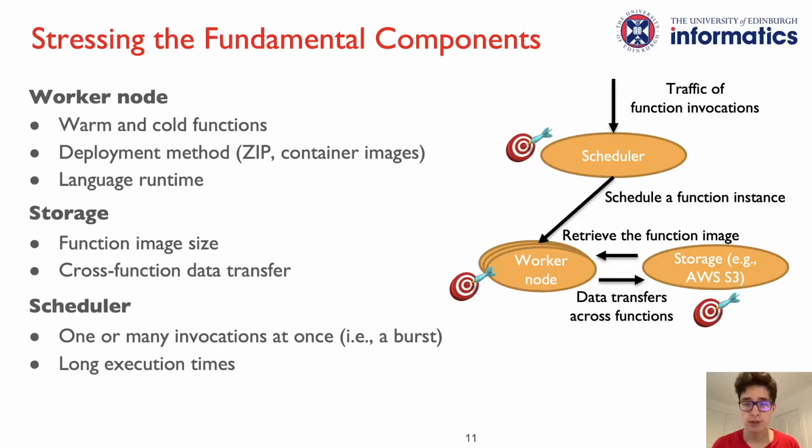Then, one can stress the storage service with the following parameters. First, one can vary the size of the function image, which is the necessary initialization state of a function. A function image size is configured by adding a random content file to the zip or container image upon function deployment. Second, one can deploy a producer function that invokes another consumer function while transferring a random content payload of